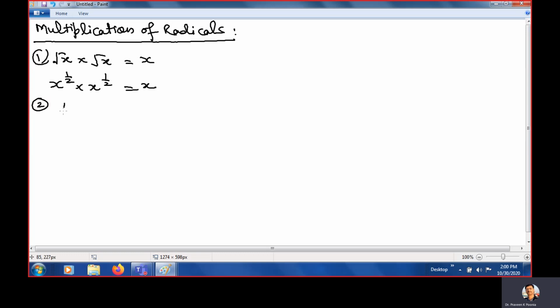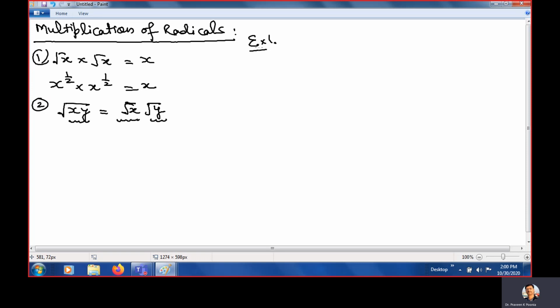And what is property number 2? If the multiplication of two numbers is written inside the square root, as we used in the previous question, it can be written as square root x into square root y. That we can break. Clear? And similarly, look here. If x is written inside the root, y is written inside the root, and the order of the root is the same, square root, then we can bring them together. Clear? So we will learn it by examples.